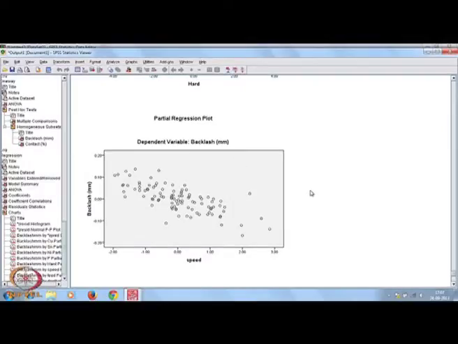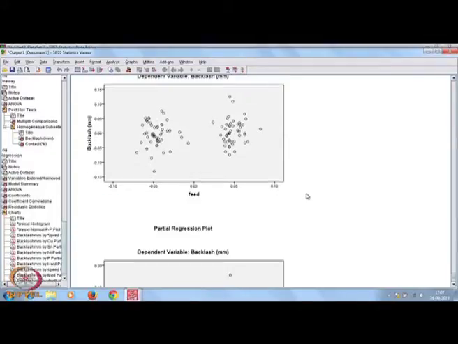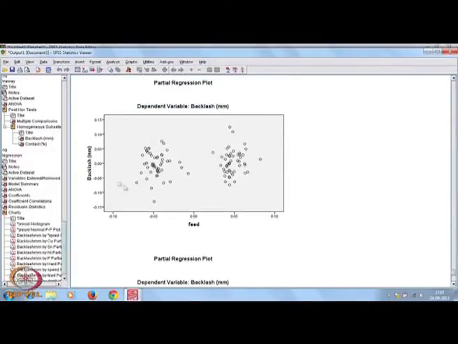Now, let us see other plots, what happened with feed versus backlash. Basically, there are only two, 1.1 and 1.2, in these two places where the errors are scattered under two different groups.